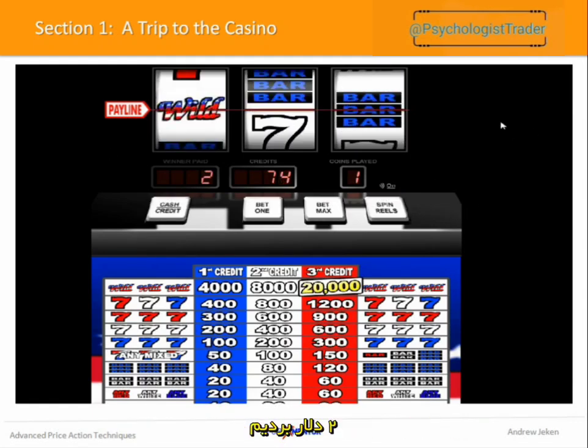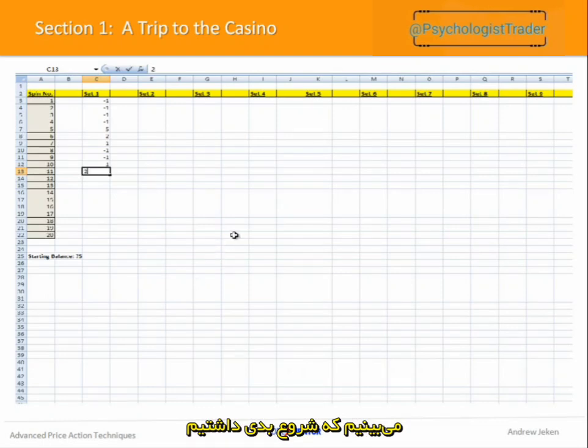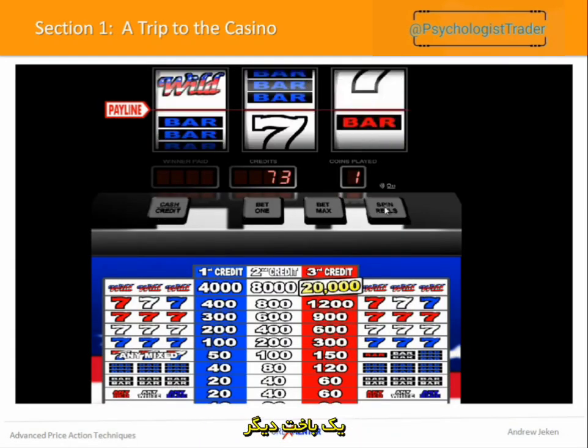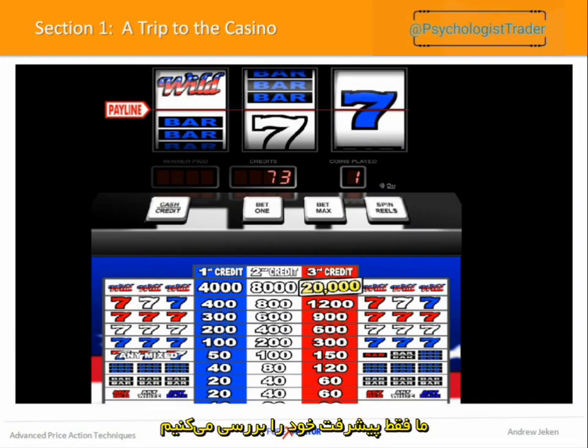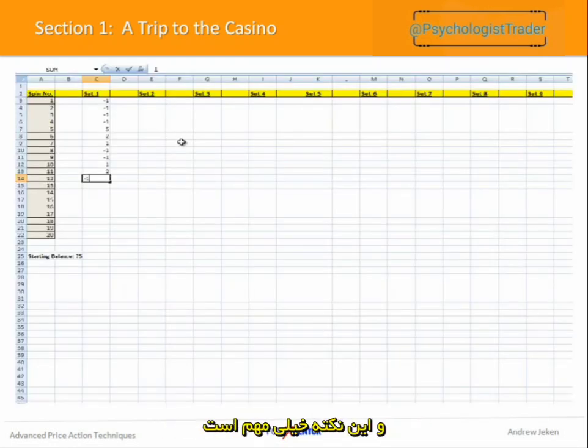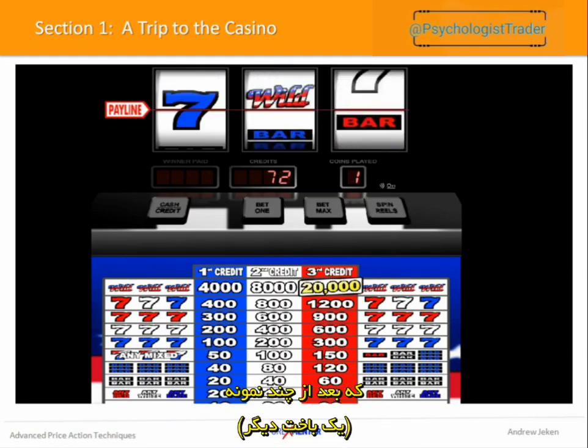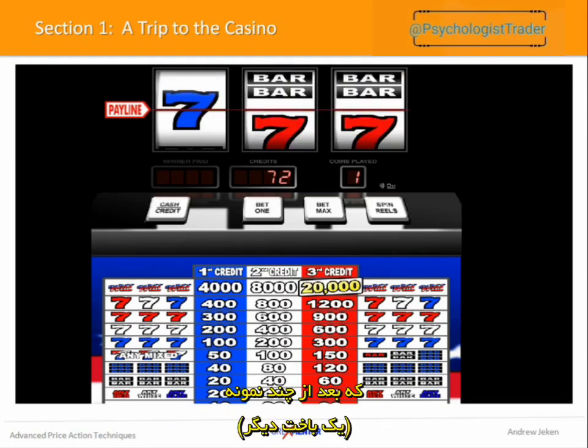Just won $2 there. So you'd see we've just had a bad run to start with, and a few winners, few losers, and now we've had a couple of little winners, another loss. So we just track our performance, and this is very important, as we're going to show you now after our sample. Just another loss there.